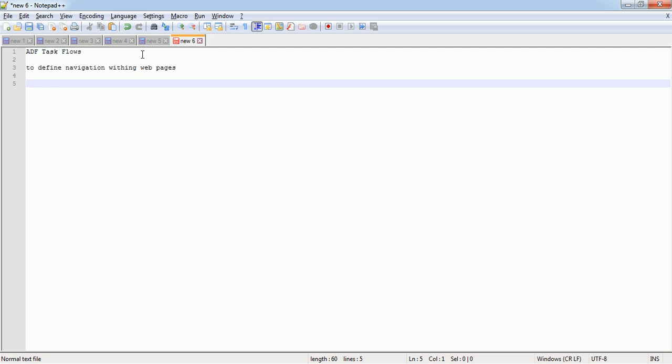So suppose you go to an IRCTC portal, you click on the login button, then another page comes, then you click on the home button, then it will come into the home page. So similarly multiple pages are there in a single application, so the navigation between them is defined through ADF task flow. So task flow,